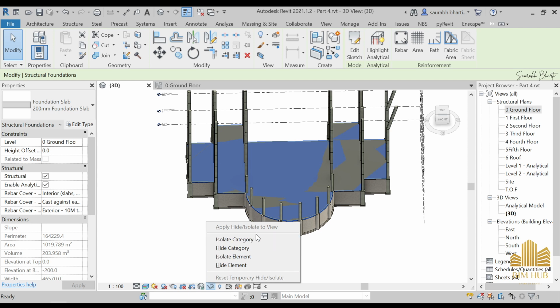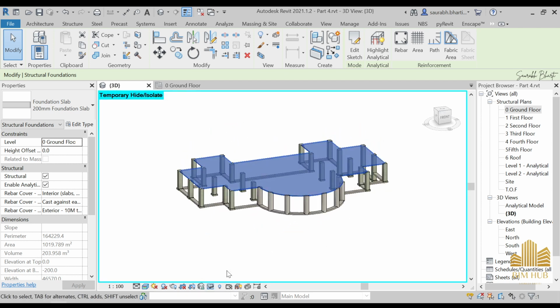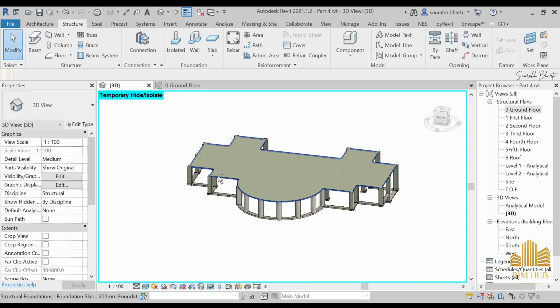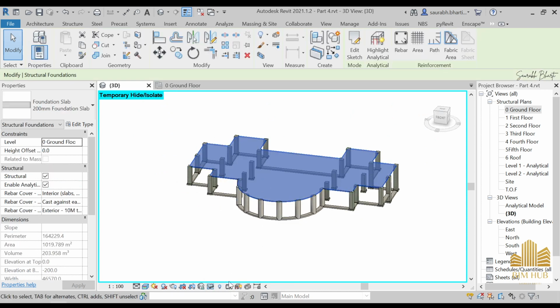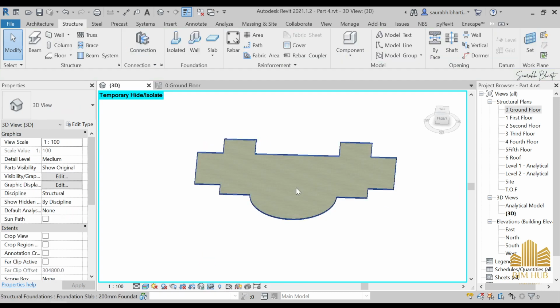So we have three options, and each of these options has a different shortcut. To isolate an element, the shortcut is HI, and double H is to hide the element. Right now you can select either hide category or hide element. I'm just selecting the hide category option. In this category everything is coming, so you can select this, just a second, and this will show all the particular parts of this structure. Just select this slab, go to this again, and select isolate element. Yes, now we have our slab.